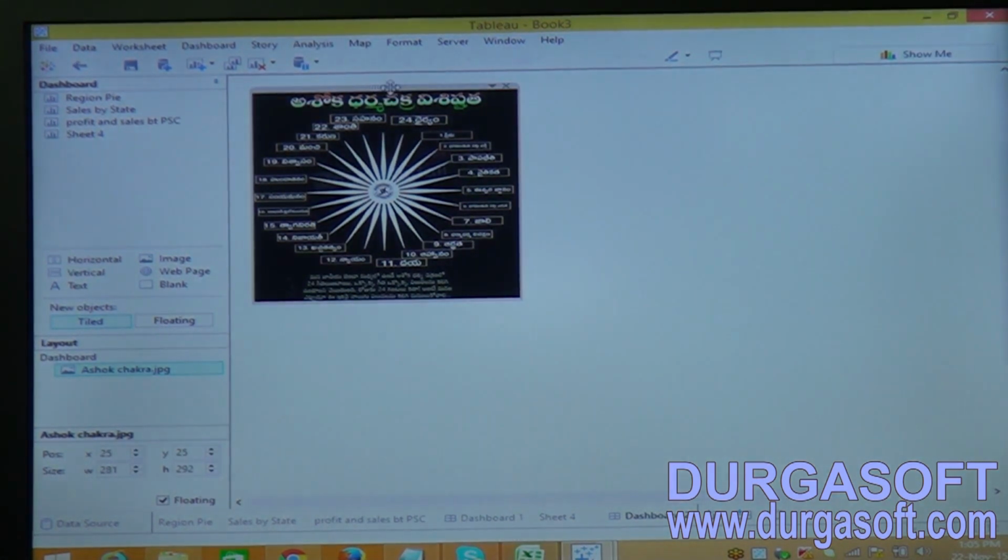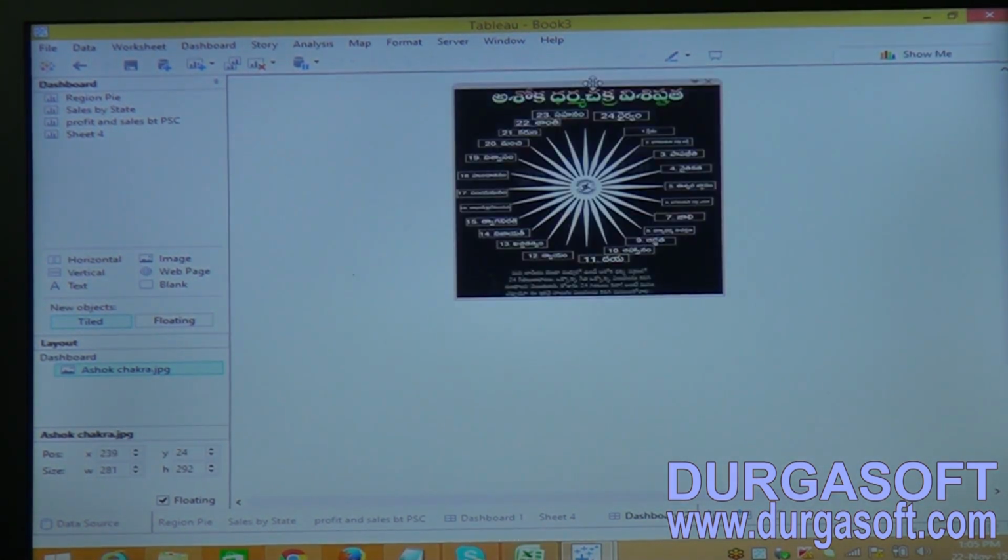Not only this kind of thing, we normally use real images, those which are relevant to the product. Now what are web pages?